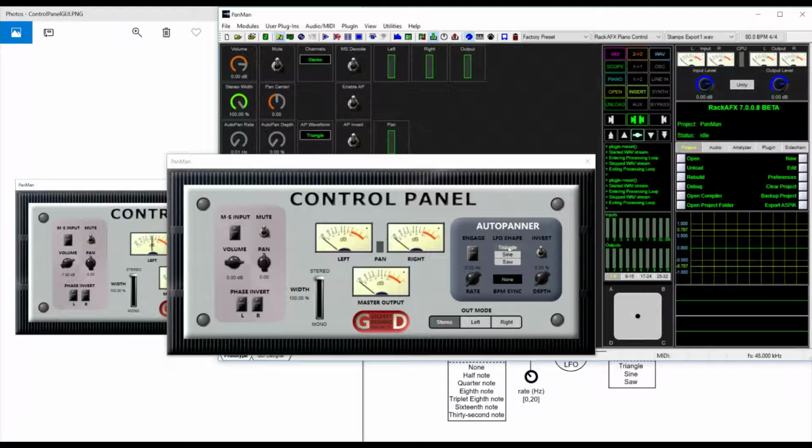A triangle wave will just move smoothly, linearly from left to right, whereas a sine wave will kind of swing and stay left, swing and stay right a little longer. And a saw wave will smoothly move from one side to the other and then jump back to the other side. So let's engage our auto panner,